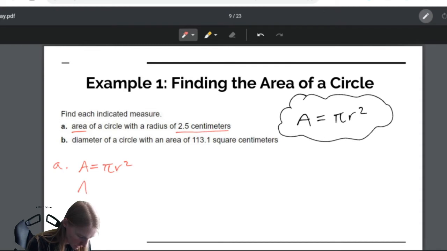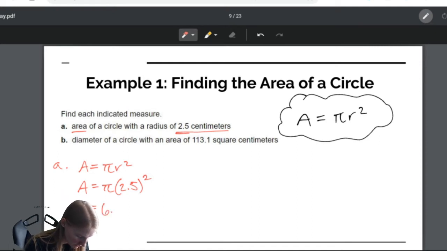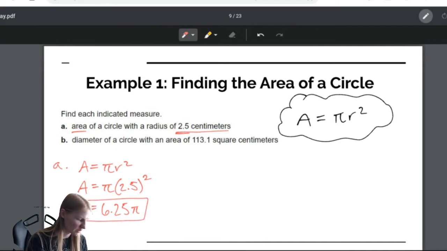I don't know what the area is, but I do know that the radius is 2.5 centimeters. That's squared. So now, if I want the exact answer, I'm just going to do 2.5 squared. And I'll take 6.25. That's what 2.5 squared is. And tack that pi on the end. Here's our exact answer. But if I want the approximate answer, I will get 19.6